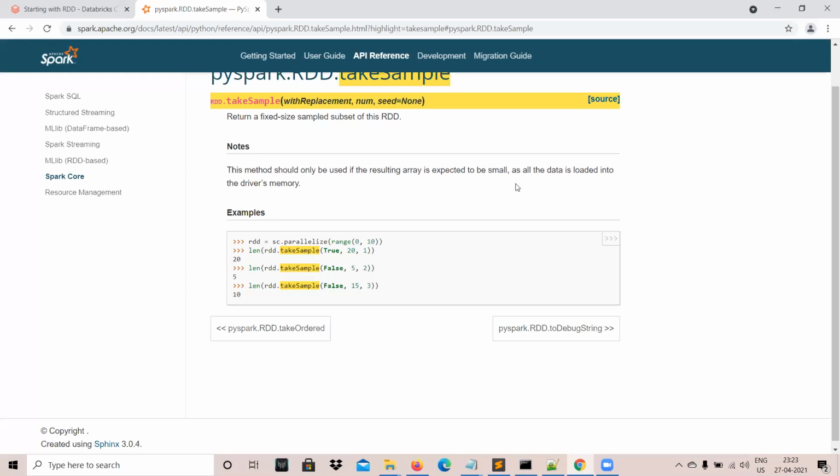Okay, so you might be wondering why it is required. The reason is obvious. With the take function, you may get some biased records. Maybe the initial few records are from the current date's data. You are doing some analysis on transaction data or sales data. You extracted it into your HDFS, and now you read that data, created an RDD out of it, and call the take function.